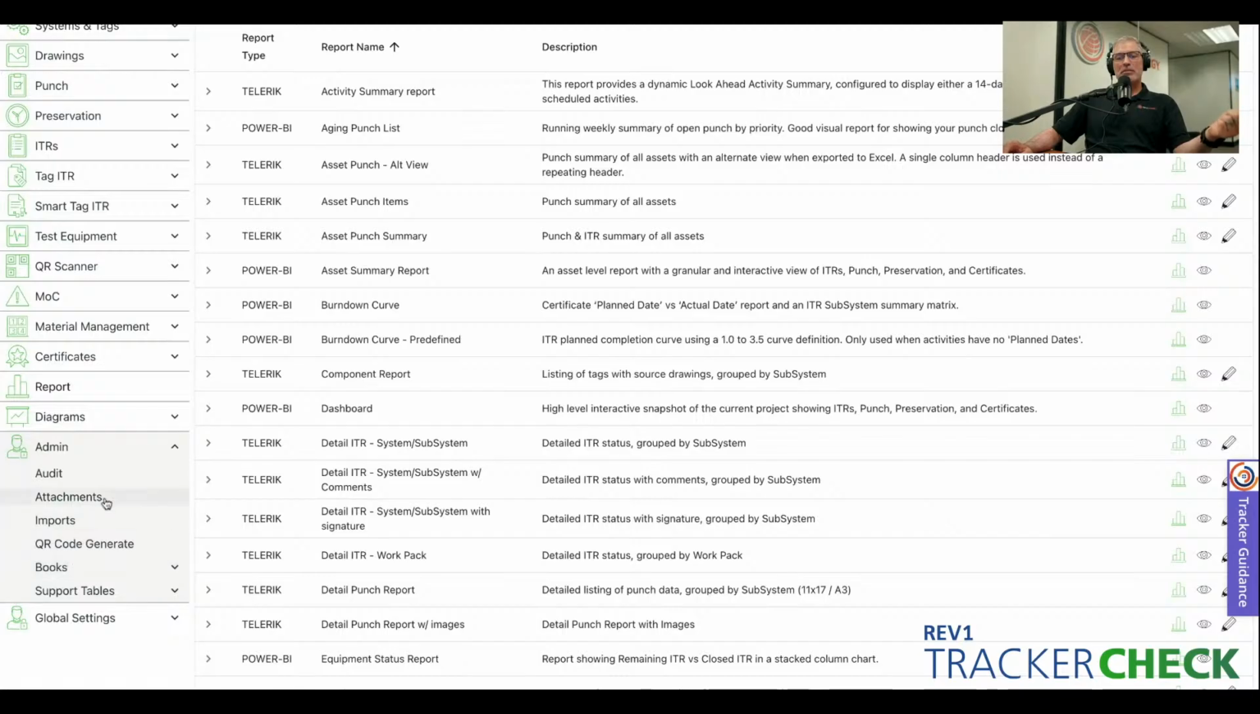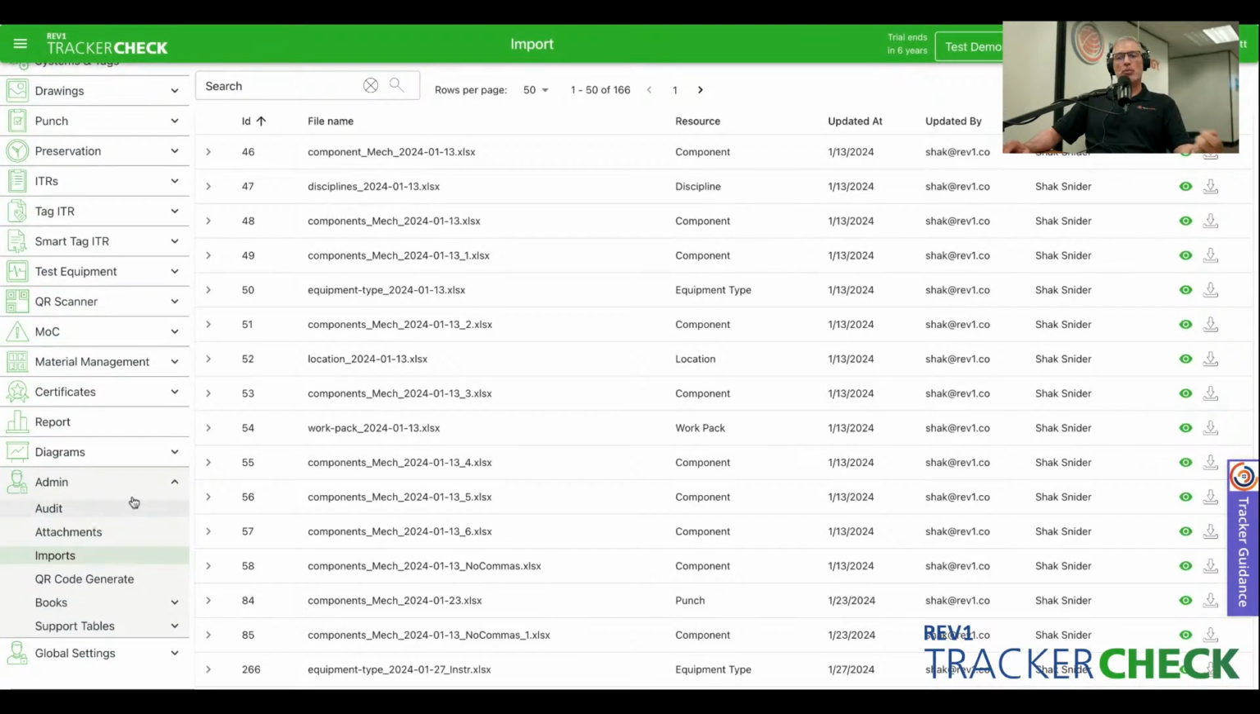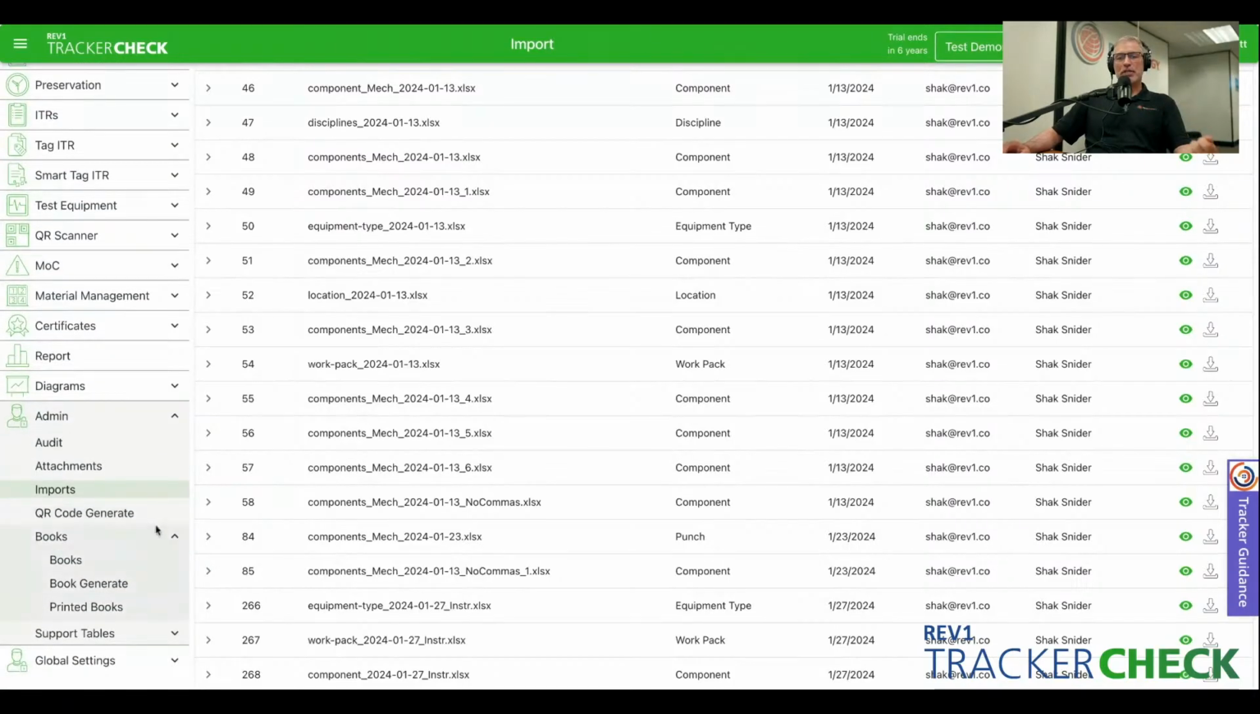Any attachments, any imports that are associated with this project, it's a one-stop shop repository for all the attachments, all the imports. So anything that's been imported into your project is in this library here as well. And then at the end of your projects, everybody likes to have a project book with all the information that